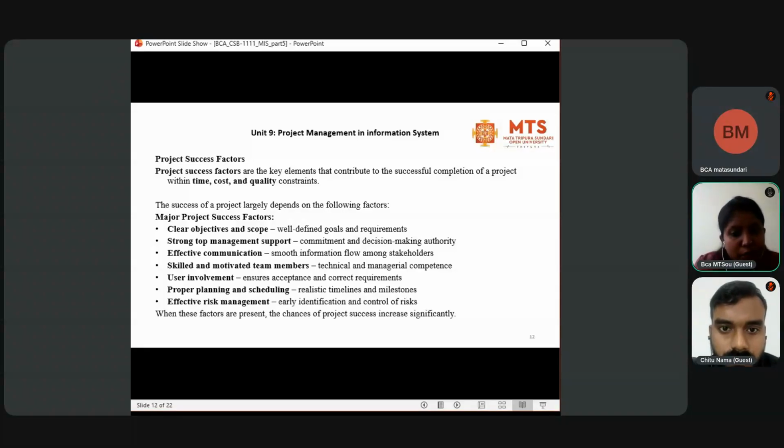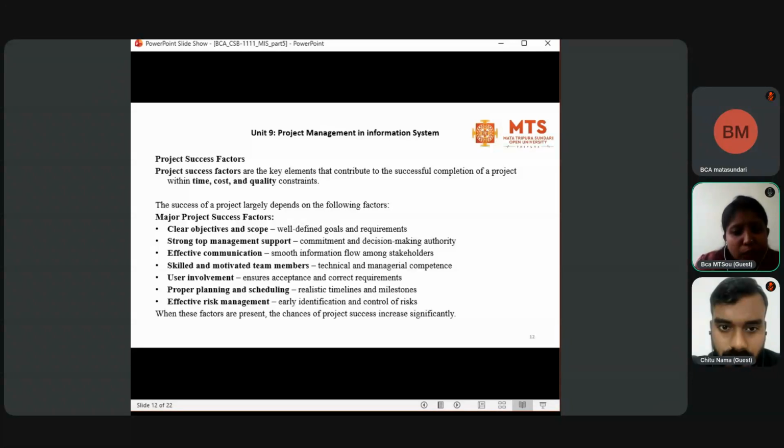The major project success factors are the following. The first one is clear objective and scope, that is, well-defined goals and requirements. The second one is strong top management support, that is, commitment and decision-making authority. Then effective communication, that is, smooth information flow among stakeholders, and skilled and motivated team members, that is, technical and managerial